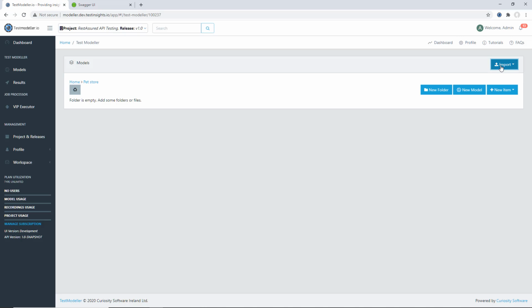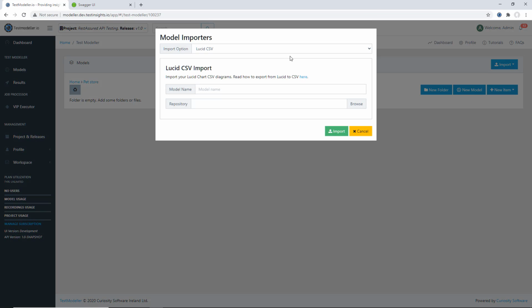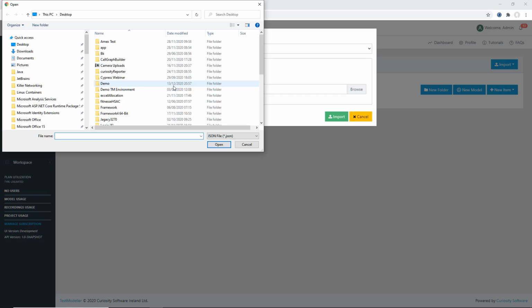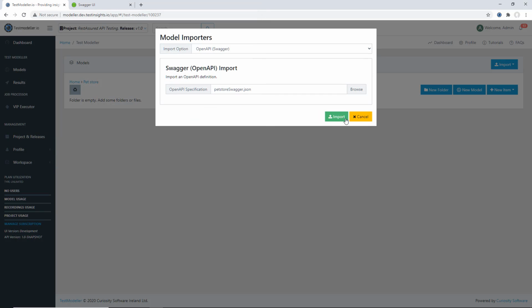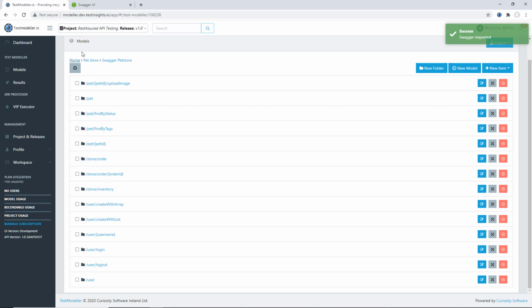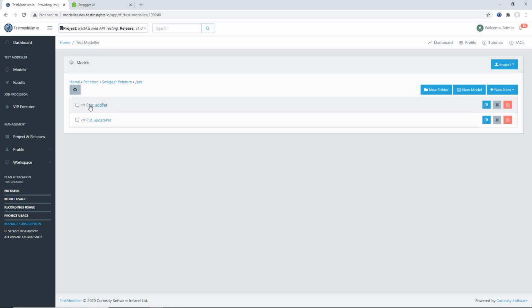Now, within Test Modeler, we can come in and perform an import of our Swagger specification, which is what we're going to do here. So we'll come in and specify our Petstore Swagger and hit the import button. Now what you'll see here within Test Modeler is all of our endpoints have been built out for us. And if we pick one of these in particular, like our pet, what you'll see is that we've got the